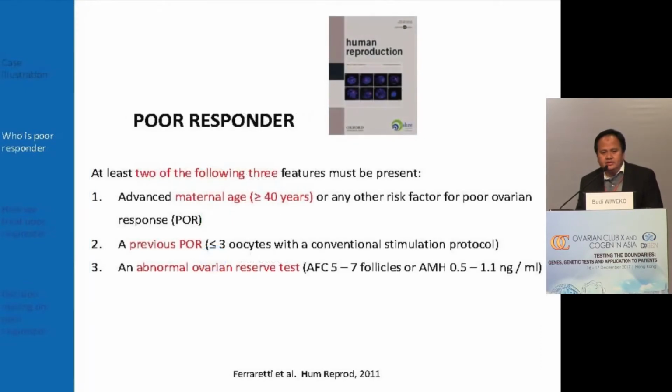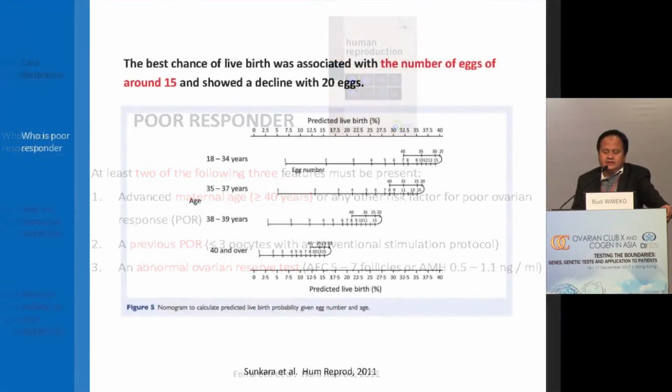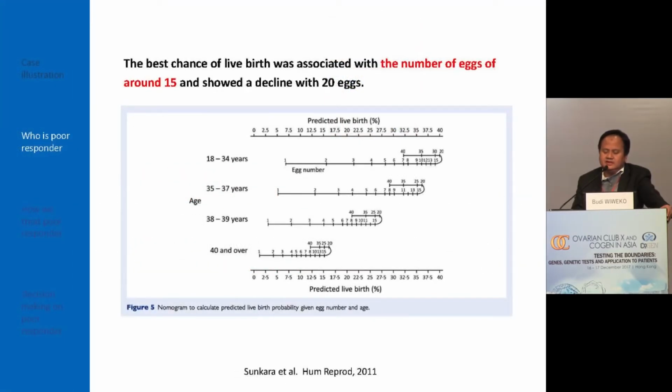If you look, this is the Bologna criteria from 2011. It is clear that poor responder patients should fulfill 2 out of 3 criteria. The first is advanced maternal age, then previous poor ovarian response, and abnormal ovarian reserve testing. But based on the Sesungkara studies, I think it has already been discussed a lot in today's meetings, that the